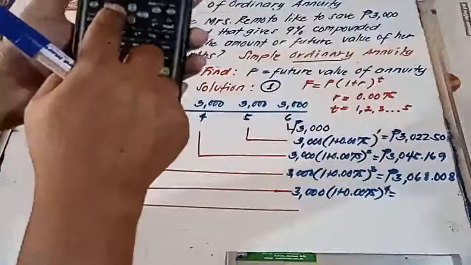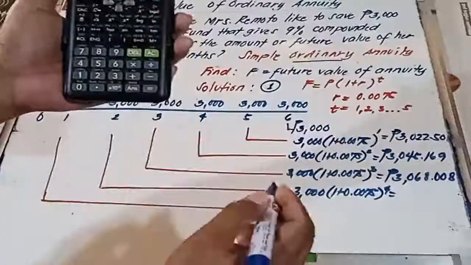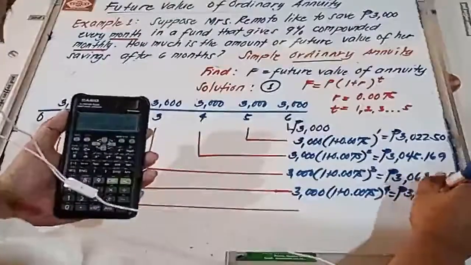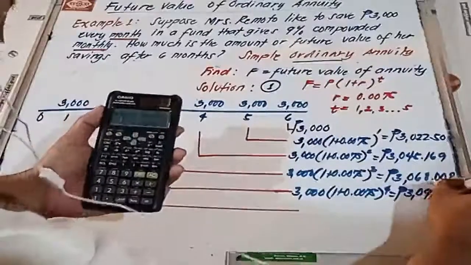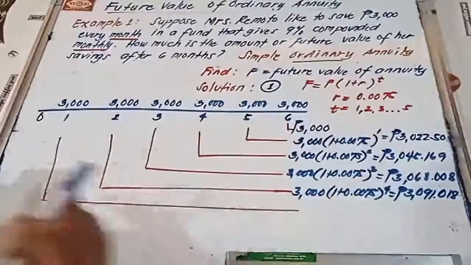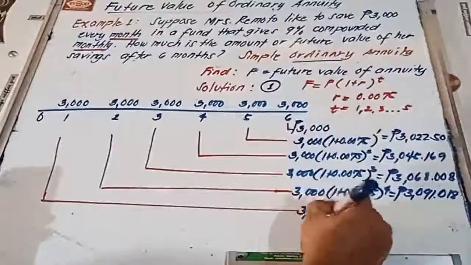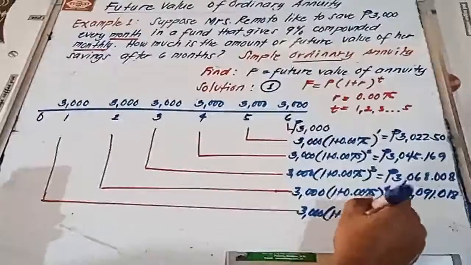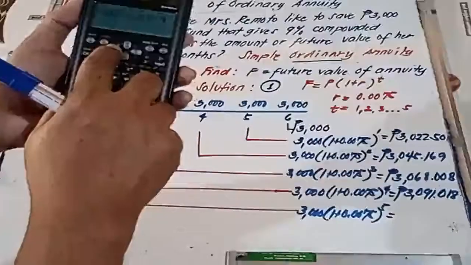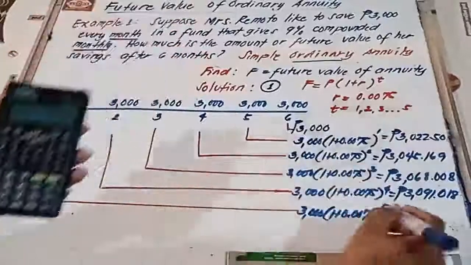Again, left arrow, delete, replace 3 by 4. That gives 3,091.018. Last, our first payment: 3,000 times 1 plus 0.0075 raised to 5. Left arrow, delete, replace 4 by 5, then equals